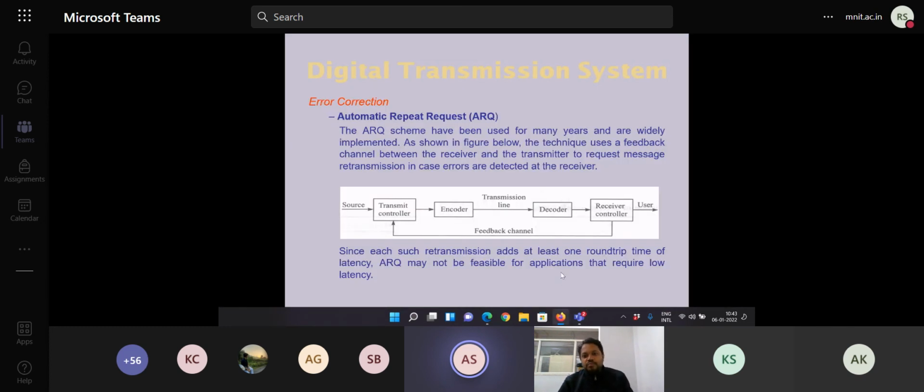Okay, so if the controller at the receiver detects that there is some